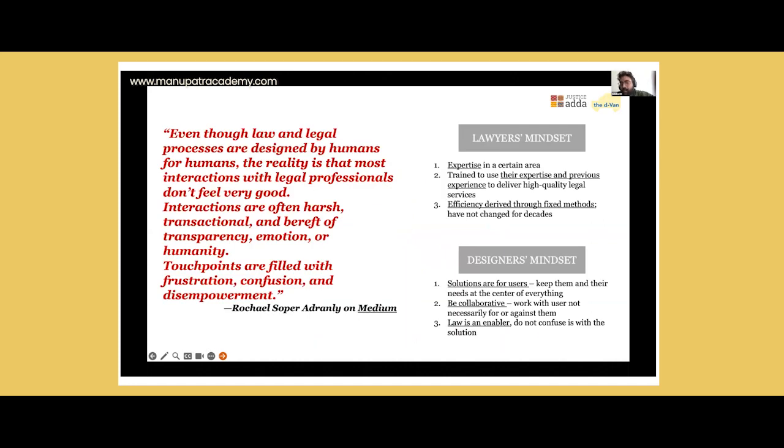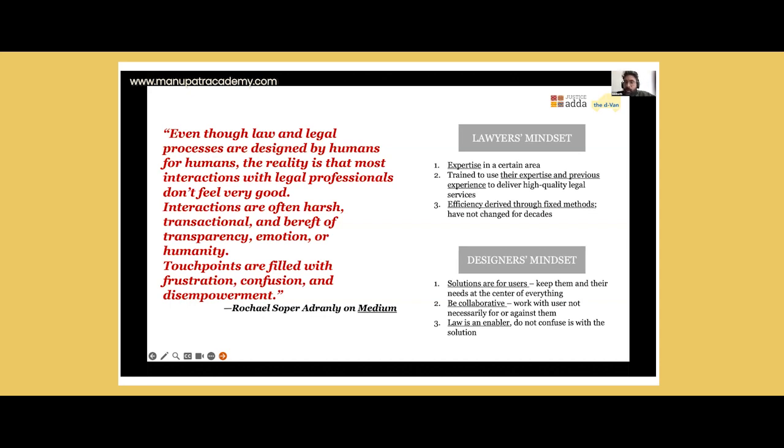Many of you may have seen that in your first experience with court or the law, there may be challenges that you find that are often quite harsh. They may be transactional. They may be bereft of empathy. So this can mean, for instance, that the first time you have to interact with a particular judicial officer or particular legal instruments, what do you actually see as underpinning those relationships?